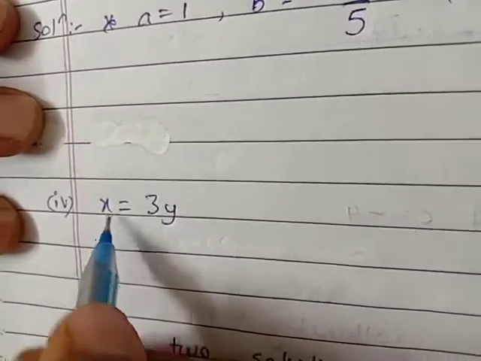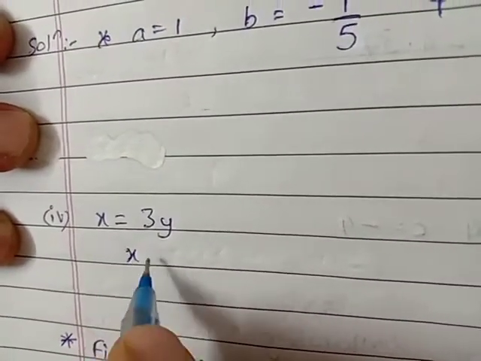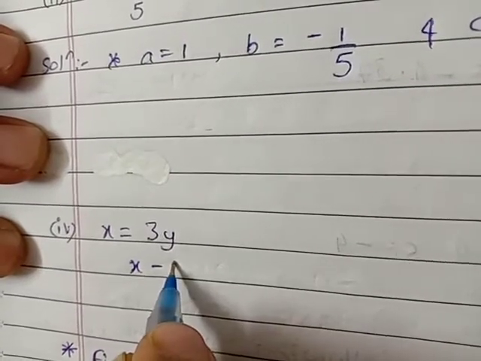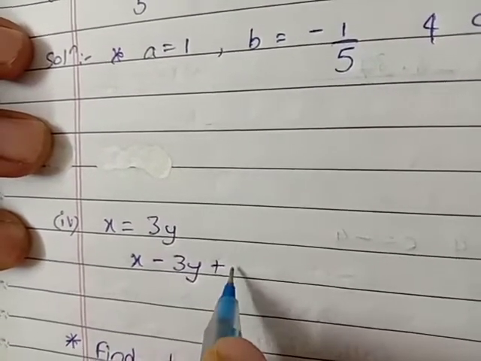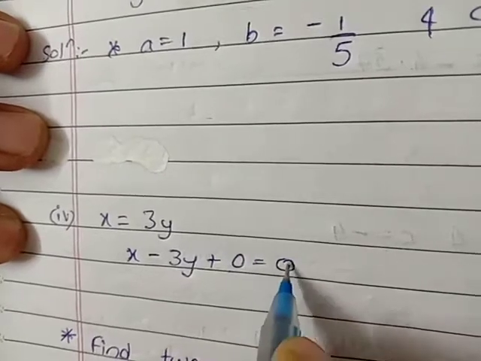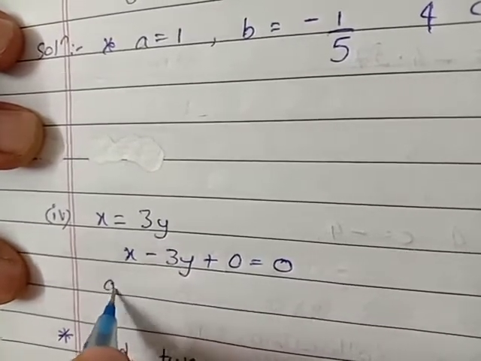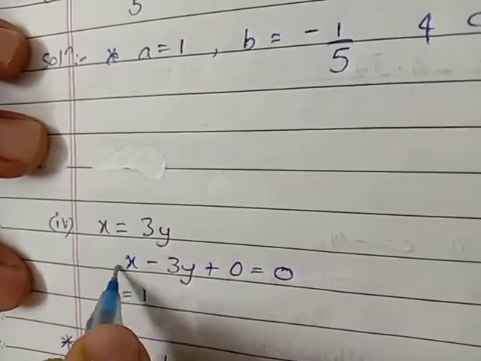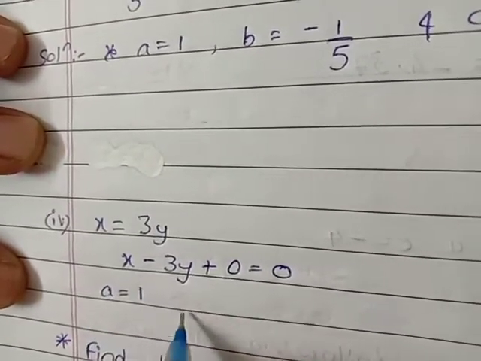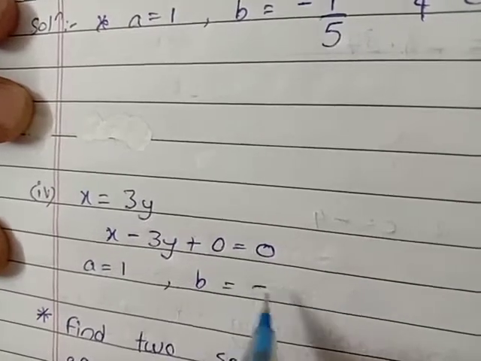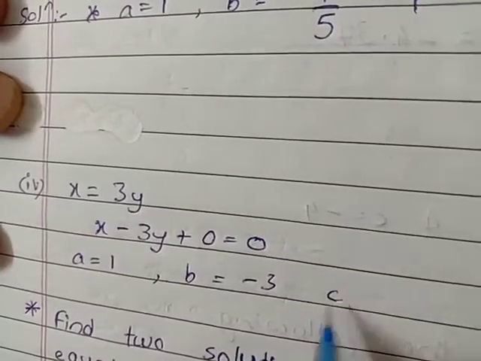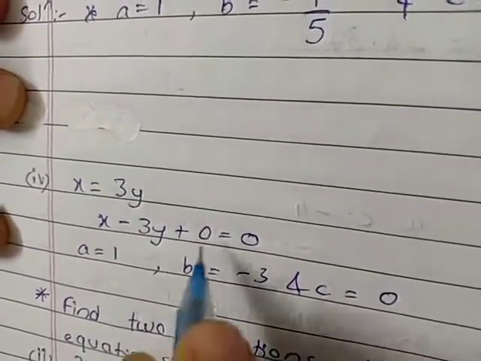Fourth example is x equal to 3y. First we will bring it in the form of ax plus by plus c equal to 0. Okay, we made it in this form. Okay, now what is a over here? The value of a is 1. 1 into x is x. What is the value of b? It is minus 3. And what is the value of c? Here it is 0. Okay,